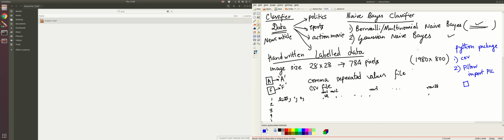Okay, so let's just continue on the discussion. So few things I want to explain. So first of all, the Python package, if you Google with this keyword like CSV Python, if you just search, you will get a lot of help related to that. So I could have explained all of these things in more detail and let you do only the part around Naive Bayes, but part of the job of a machine learning engineer is to be able to deal with the data themselves.